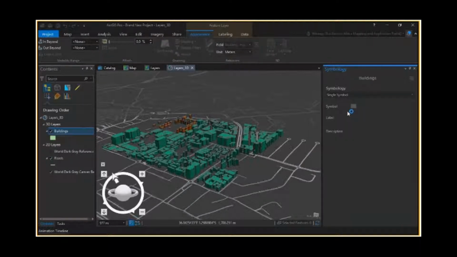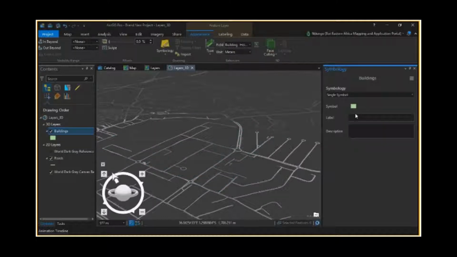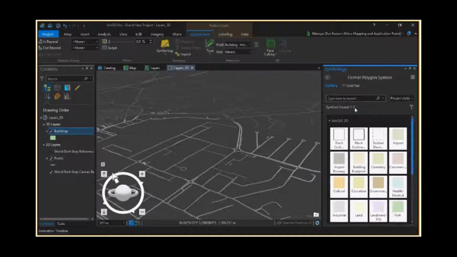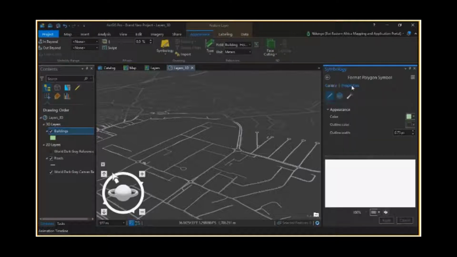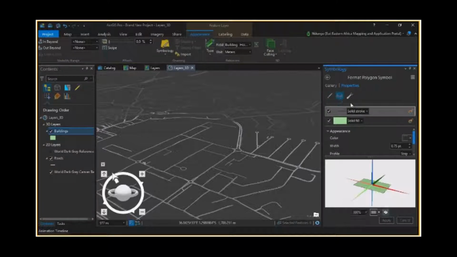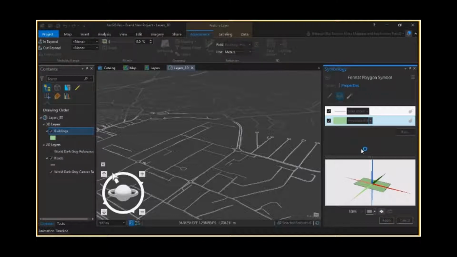So let's try a single symbol. Let's pick a particular symbology, and our properties. And you can see I have a number of properties here, structure, and so on and so forth. So rather than use a solid fill, I'm going to use something called a procedural fill. Now I need to mention that